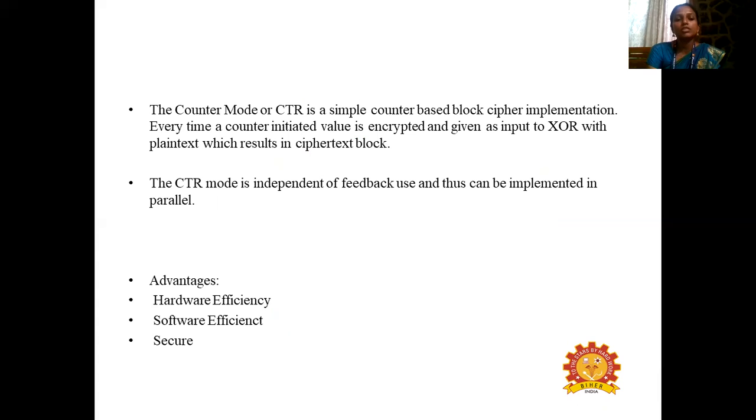So let's see what the advantages and disadvantages of this are. Hardware efficiency. The hardware that we are using here should be very efficient. If the hardware is efficient, meaning the software is also efficient, then we can protect the data safely in this way. So we have studied so many types of protecting data. Protecting data, we can do many things.